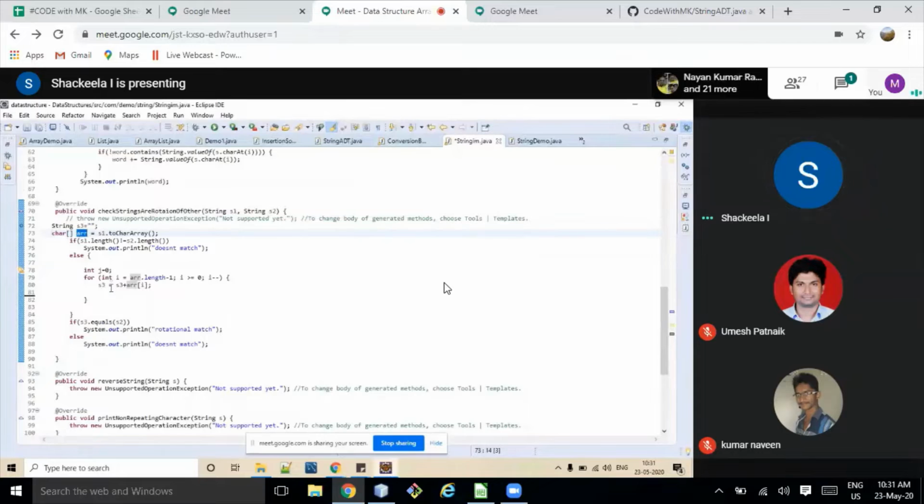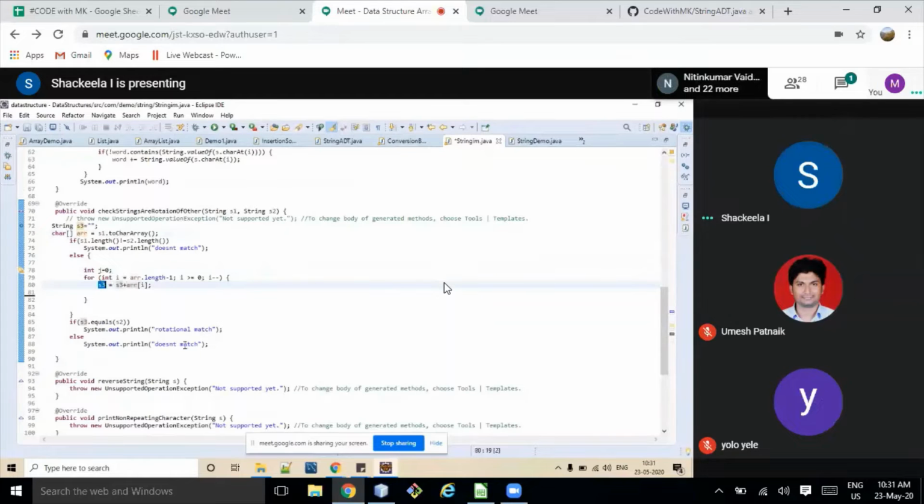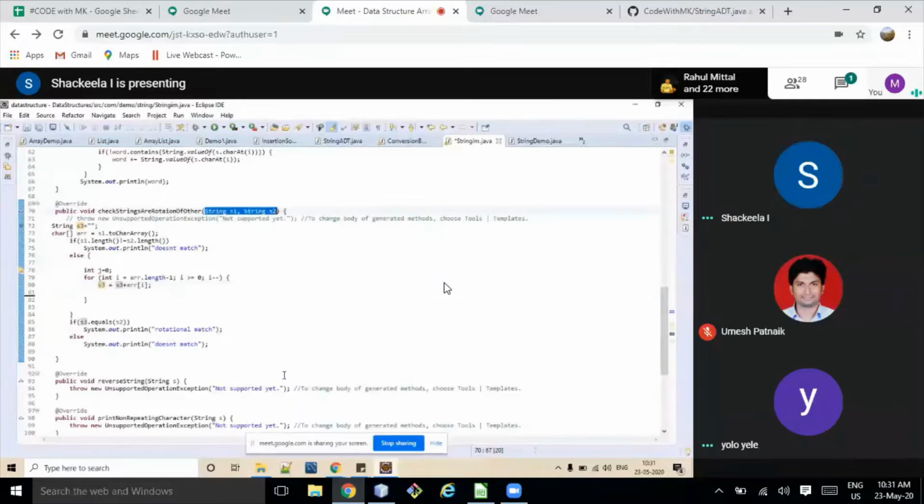Then from reverse, I'm reversing it and storing it in S3, and comparing this S3 with S2. You are reversing. One second.